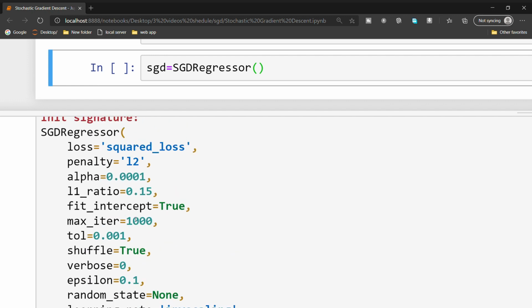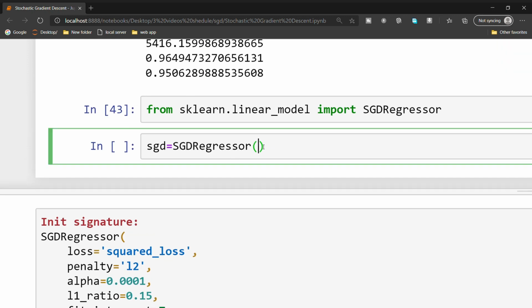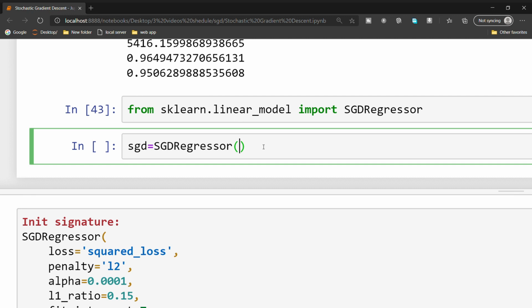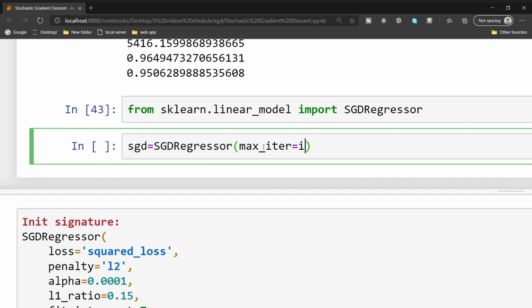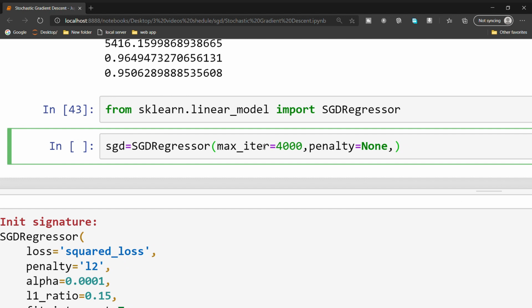Now let's keep some parameters, like maximum iterations equal to 4000, and penalty equal to none. You can ignore this parameter.